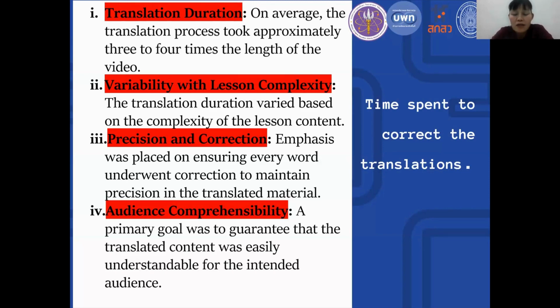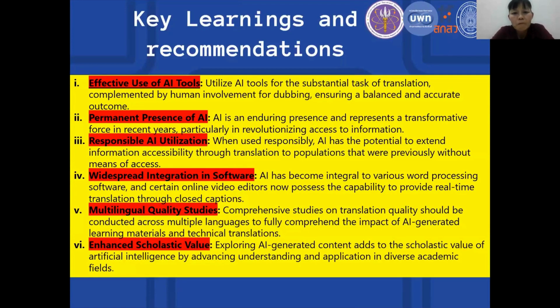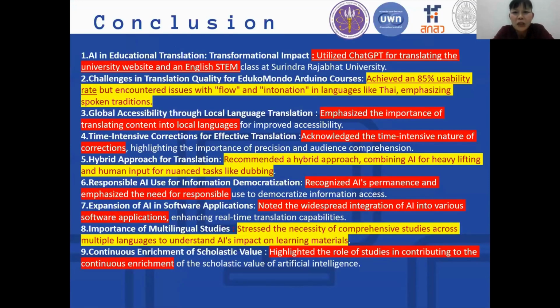So a primary goal was to guarantee that the translated content was easily understandable for the audience. For Thai, we just meant that the Thai people have to understand what the video, what the lesson is. As for the recommendation, I think it's about 85% usable, but we still encounter issues with flow and intonation